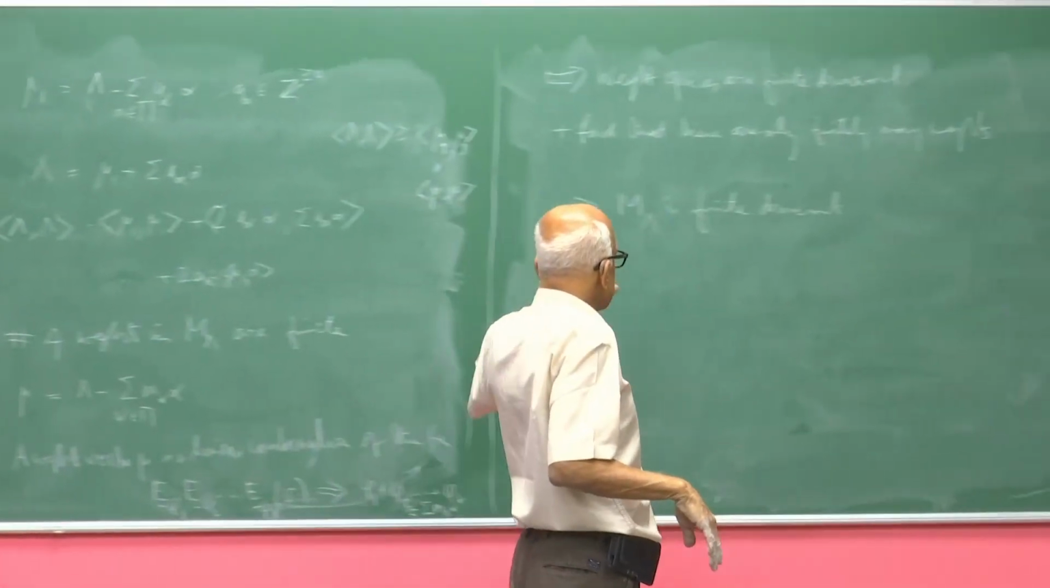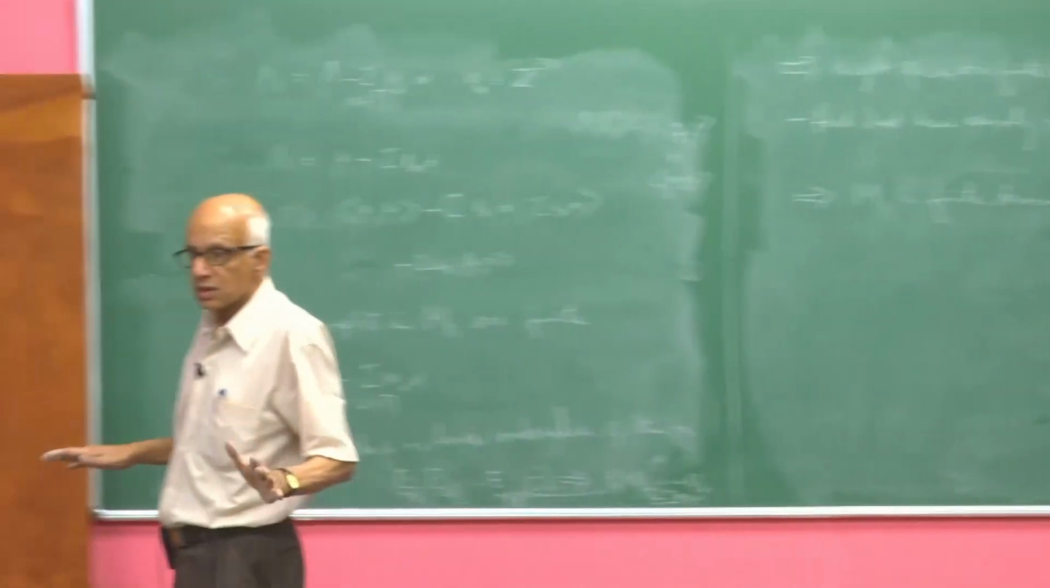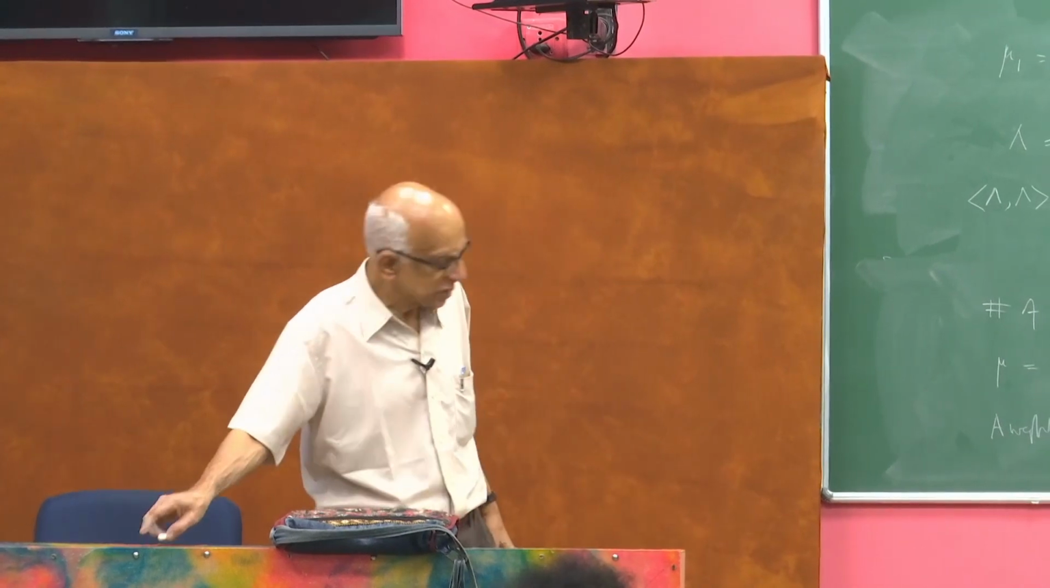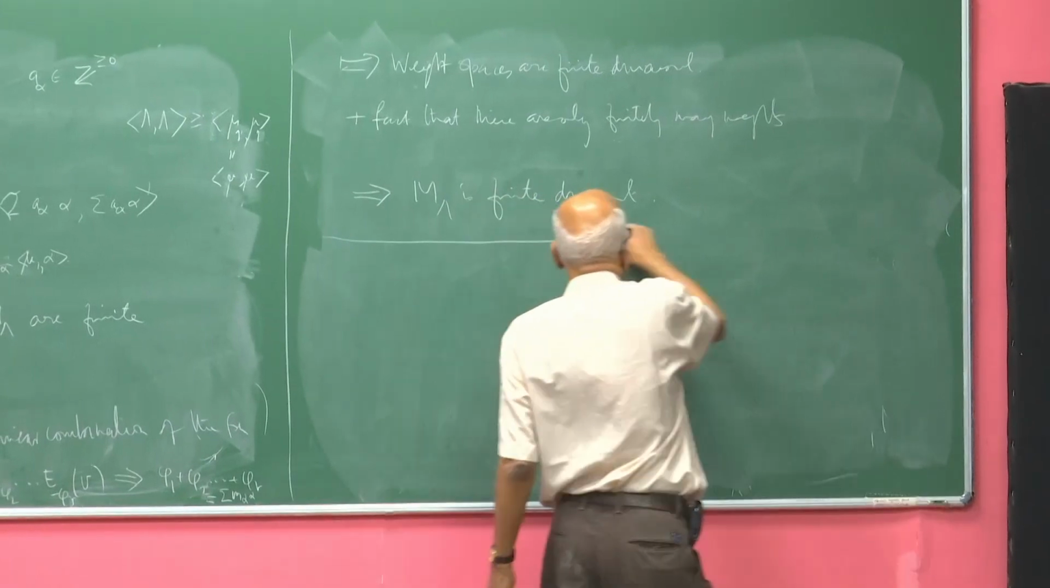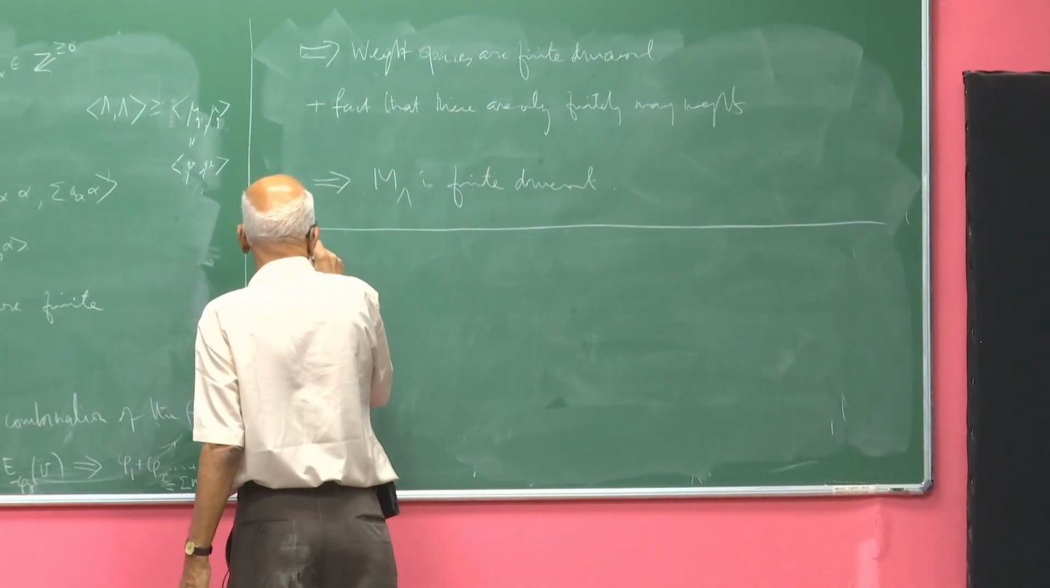So, M lambda is finite dimensional if 2 lambda alpha over alpha alpha are all integers greater than or equal to 0, that is what I said last time. And then last time I also stated a theorem for which I did not give a proof. I said I will give the proof next time. The following theorem is the following: